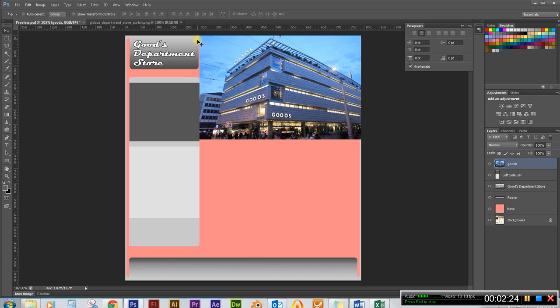And then we want to see the actual outline of the website here, both the gray and the reddish color here. So what we need to do is I'm going to click on the base layer,